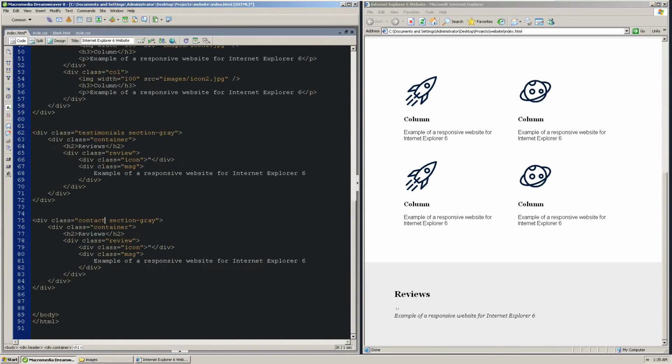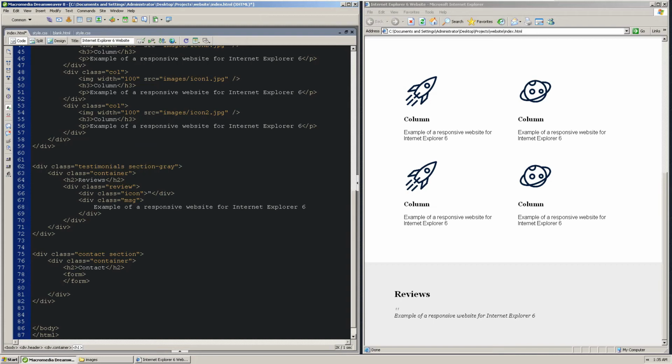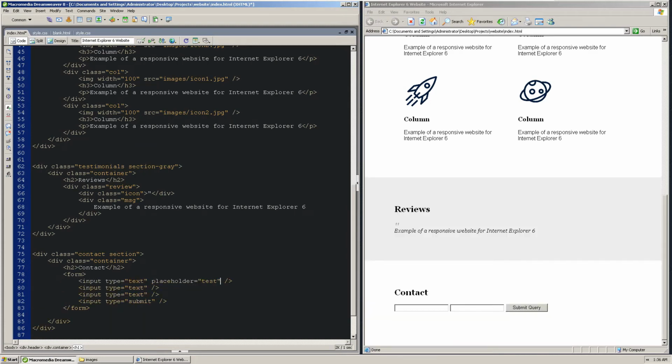Moving on to another section below, let's create a contact form. I feel like this one is going to give me a hard time. I'll give it a title of contact. I'll use the form tag to make sure it's more accessible. Let's add inputs. The placeholder is not going to work here. Let's say I want to have name, email, and phone. And by the way, this is not HTML5, so input type email is not something that you can use here. So before that HTML5 placeholder feature, we used to write JavaScript validation.